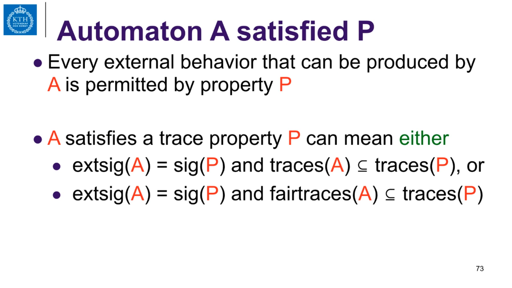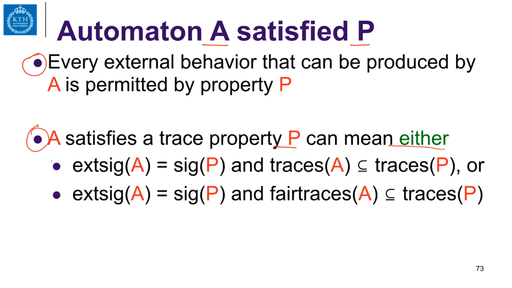The idea of an automaton A satisfying a property P is basically to satisfy the following: that every external behavior of A that can be produced is permitted by the property P. Now we can specify this to mean either one of the following. So A satisfies a trace property P can mean either,